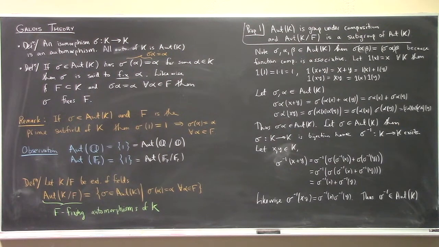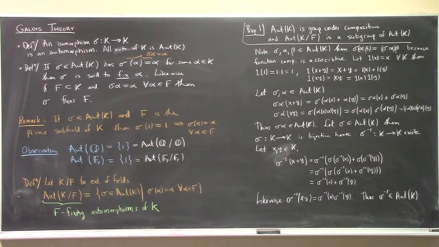sigma inverse is an automorphism of K, but it's also arbitrary. So we have shown that aut K is indeed a group under composition because it satisfies the group axioms with respect to the construction of function composition. Now, I don't usually prove this inside Abstract 2. My usual curriculum is that it's part of my Abstract 1 course, and you kind of see why, right? Because this is a natural extension of the discussion of isomorphisms of groups, but I'm pretty sure you haven't seen it, so I thought it was important to go through.